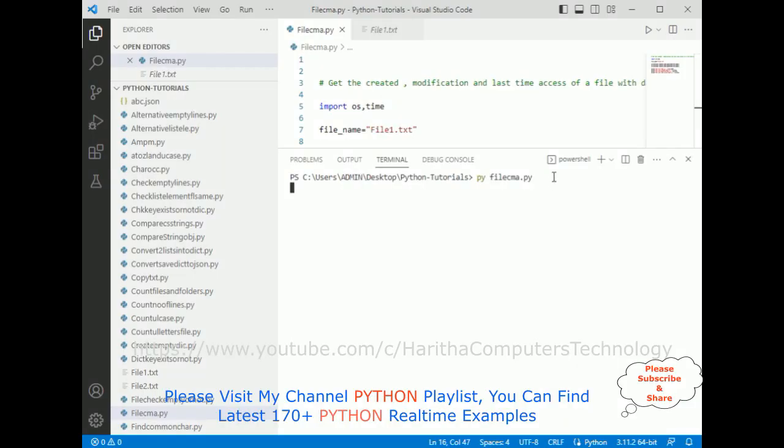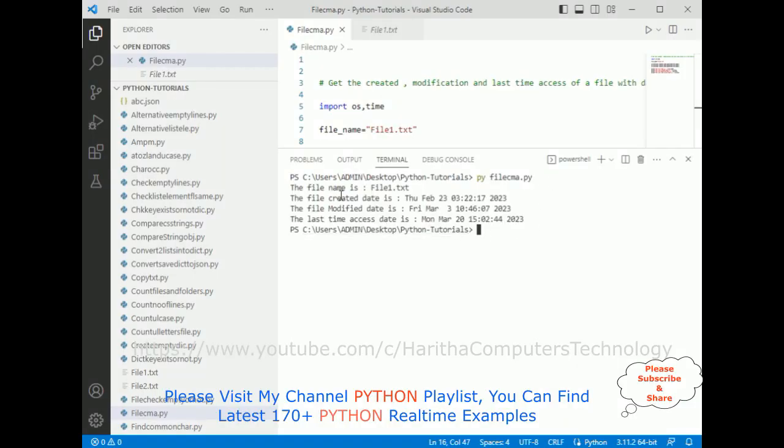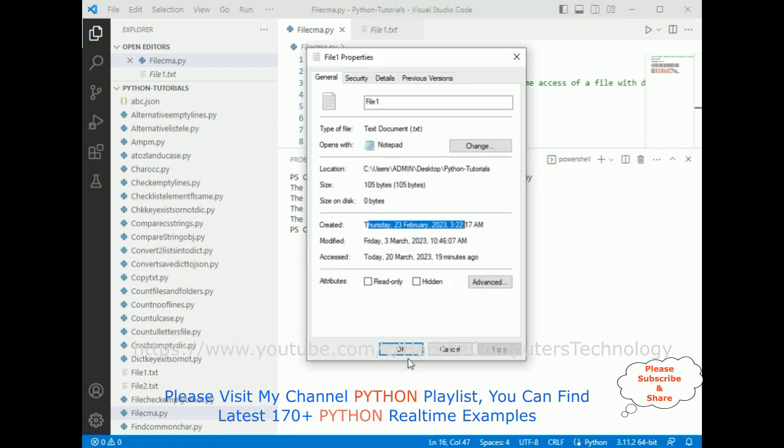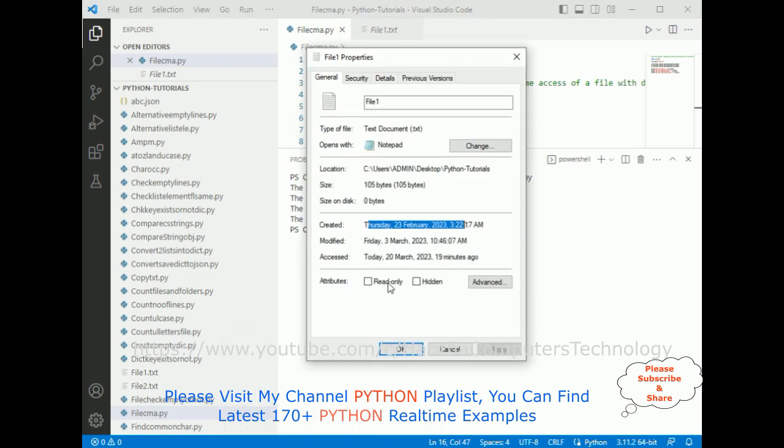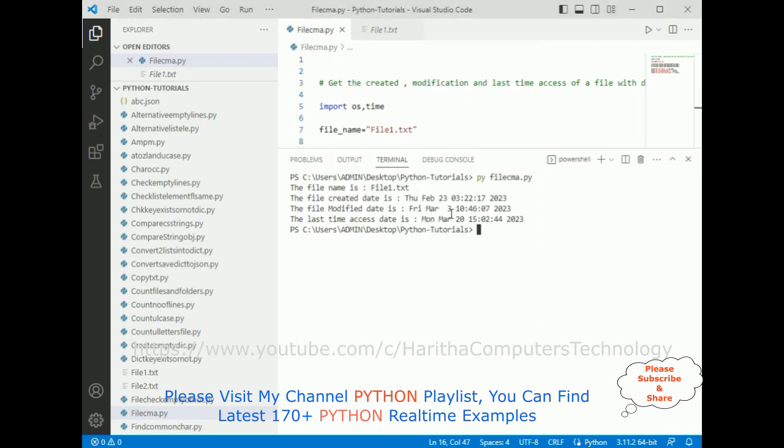When I click enter, notice here the file name is file1.txt. The file created date is Thursday, 23 February 2023. See the same information. We got the last modified date, Friday 3rd March 10:46, and the last access date is Monday, which is today,